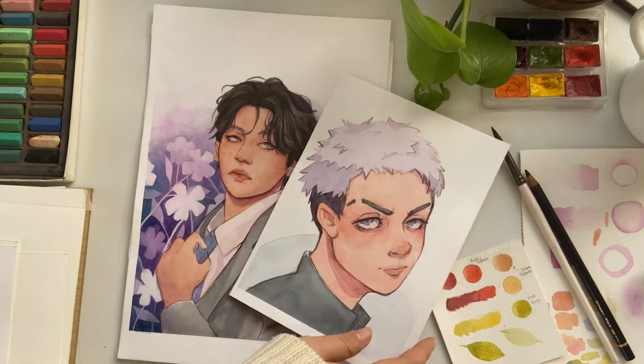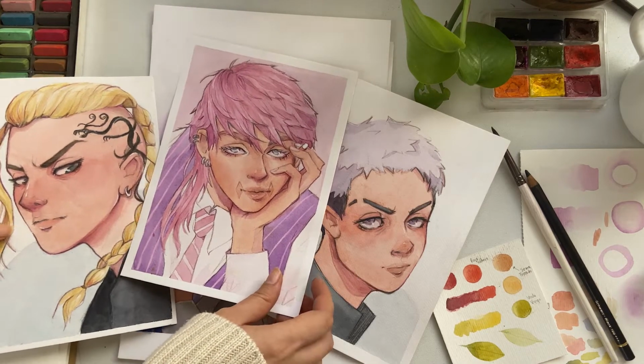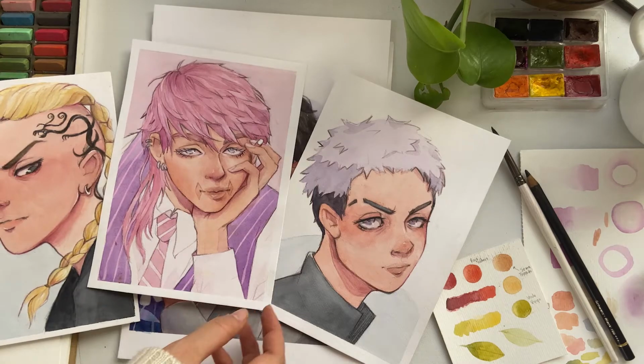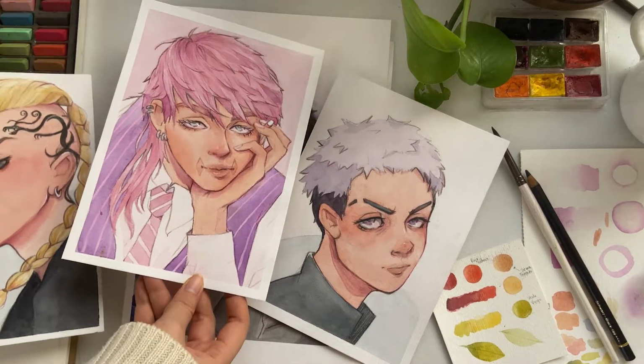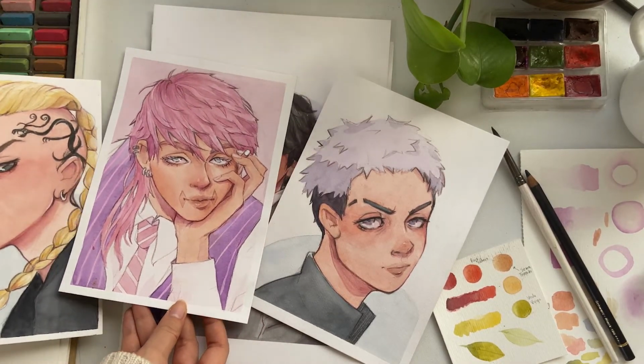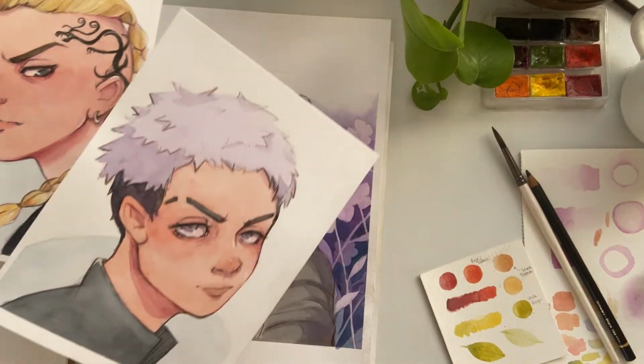Let's continue with the fan arts. I love anime. I take a lot of inspiration from anime. This is from one of my favorite mangas and animes in these past few years. It's Tokyo Revengers. I've done a couple of fan arts here and there of some of my favorite characters: Draken,